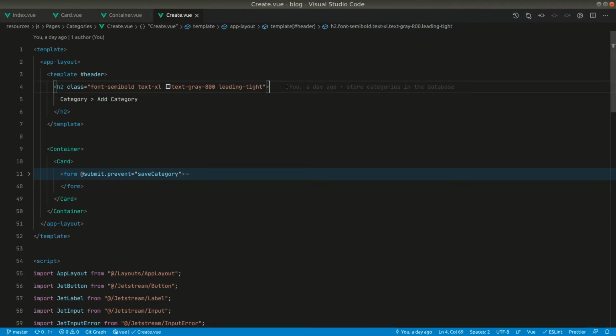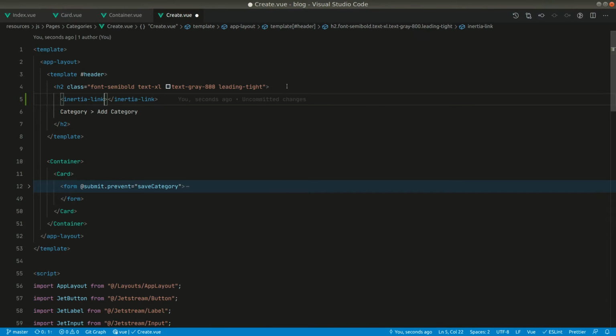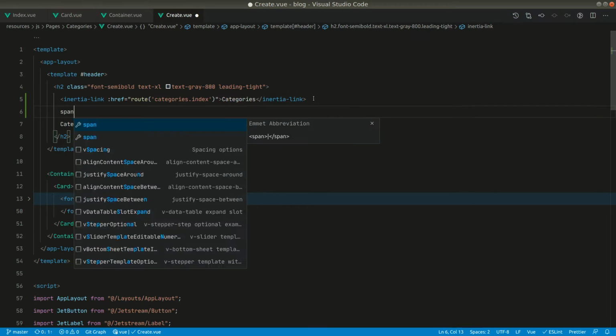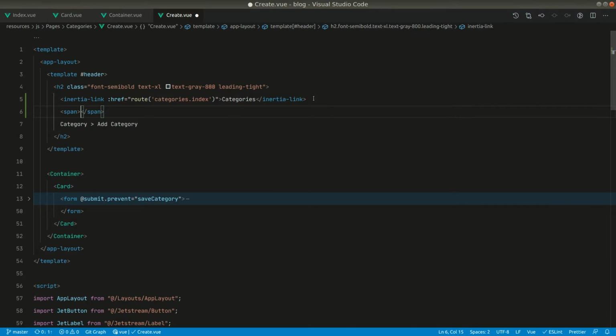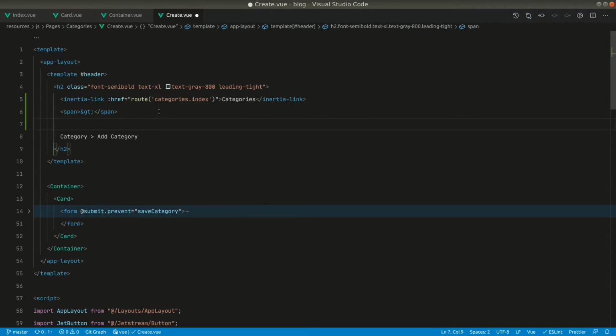So let's say here Inertia link, and it will have href, and here we'll have route, which will be categories.index, and we'll say here categories because it will be a list of categories. So let us not say only category, let's say it in plural form. And after that we'll have a span tag, which will give us the greater than symbol. So we can say &gt; and after that we'll have another span tag which will contain add category,